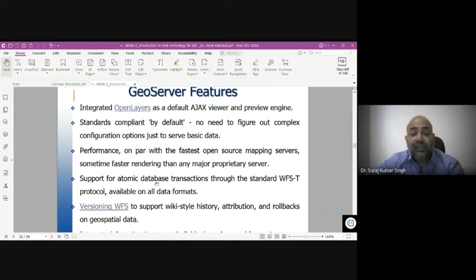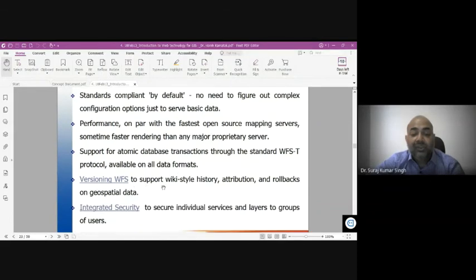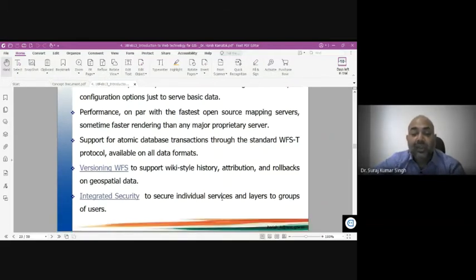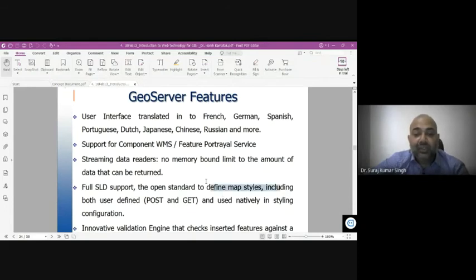Support for automatic database transaction through the standard WFS-T protocol is available on all data formats. Versioning WFS supports wiki-style history, attribution, and rollbacks on geospatial data. Integrated security secures individual services and groups of information. All the data sets, whatever you are creating, will be fully secured and confidential.